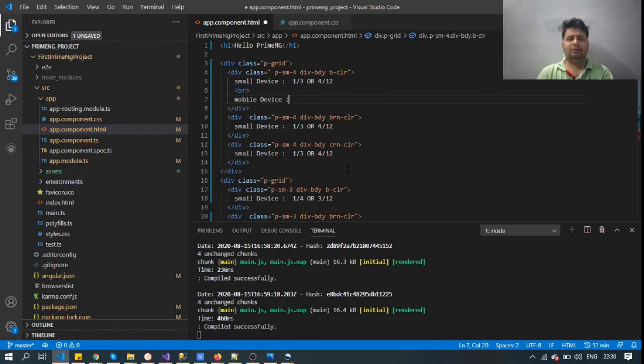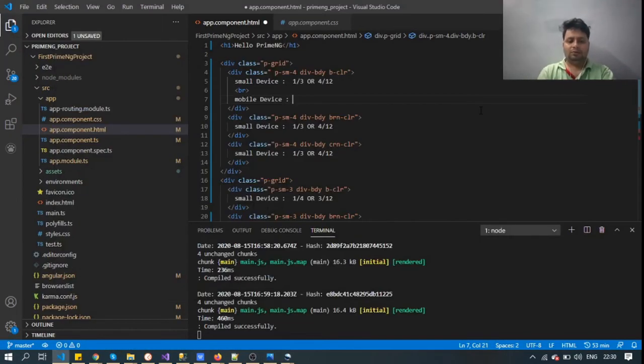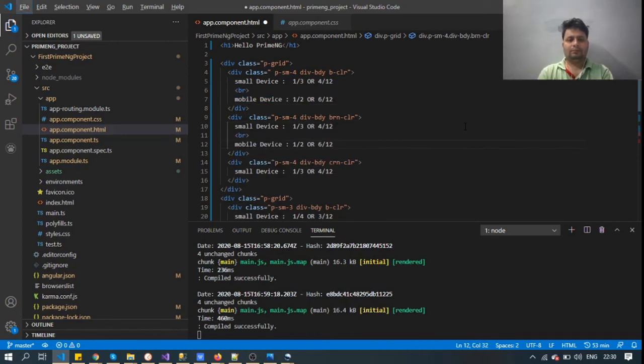For mobile devices, the design will be: the first two are equally divided, so nothing but 1 by 2 or 6 by 12 columns. Same for the second, so we have to apply 6 columns for the pcol class.